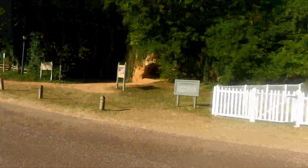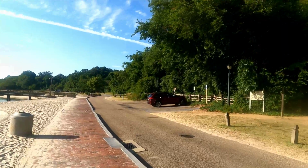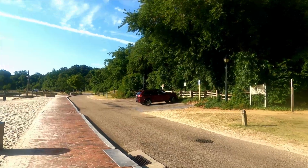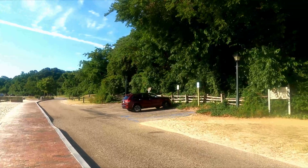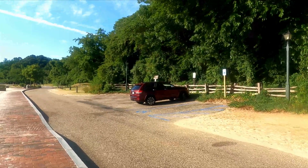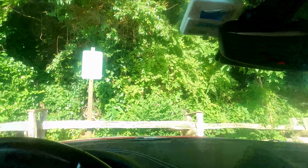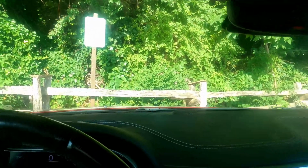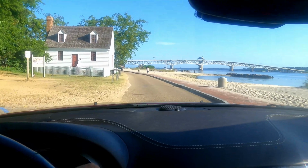We'll get back in my trusty steed, recently back from the auto repair shop from our Mother's Day accident. Seems to be all ship shape now, so we'll put you back in that, maybe change camera mounts once again. All right, I know I told you I was going to change camera mounts, but it dawns on me that we still have a stop to make right down the road here,